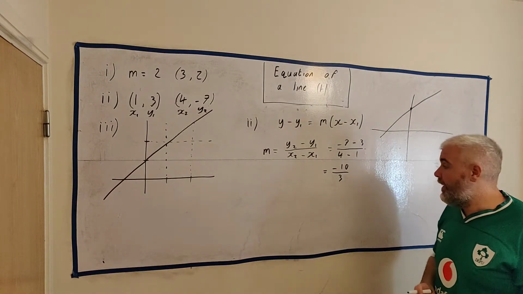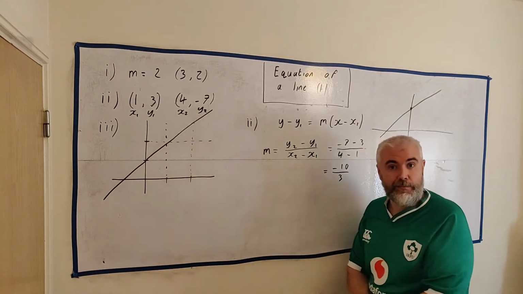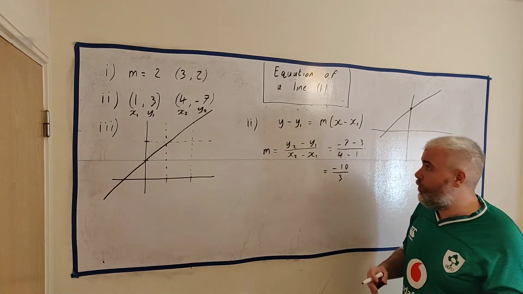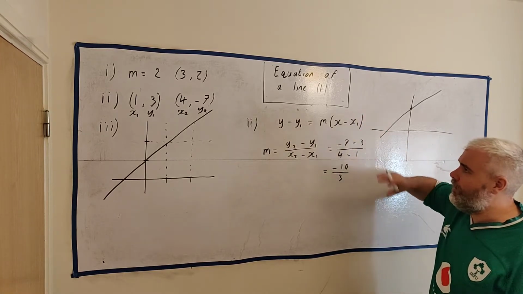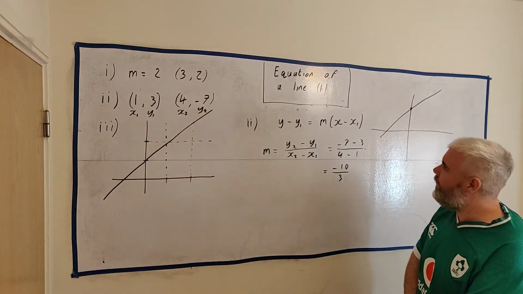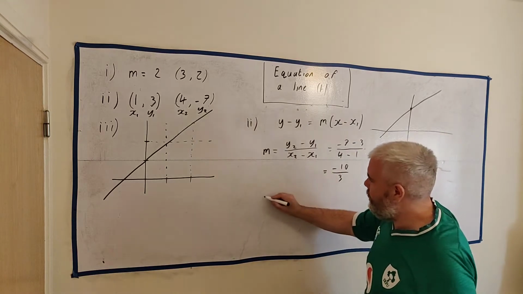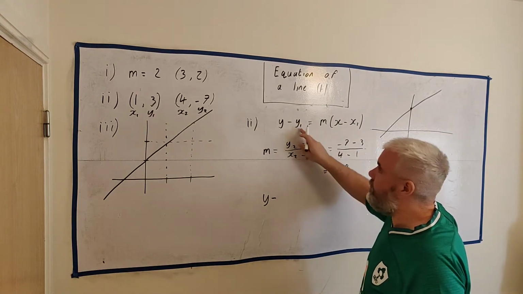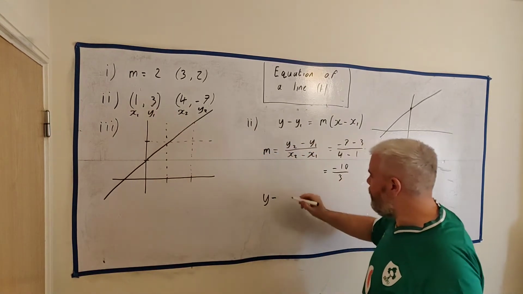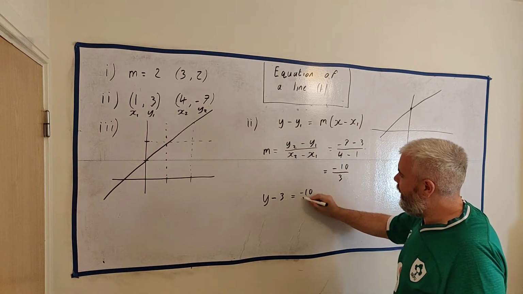That's what m is. Now at this point, you could just answer the same way we answered part 1, using the other formula. But no, we can still use this formula. And by the way, this is how you would use the other formula on part 2 as well. So let's still use this formula. We write this out now. This will give us the answer. y minus y1, which is 3, equals m, which is minus 10 over 3,